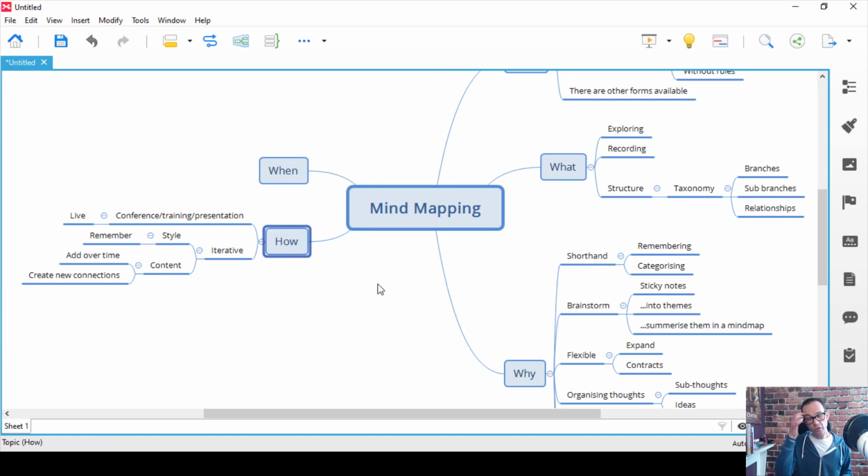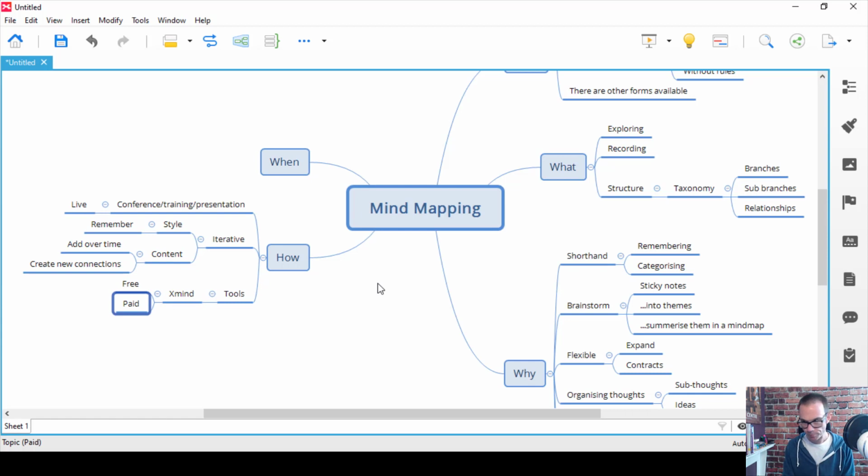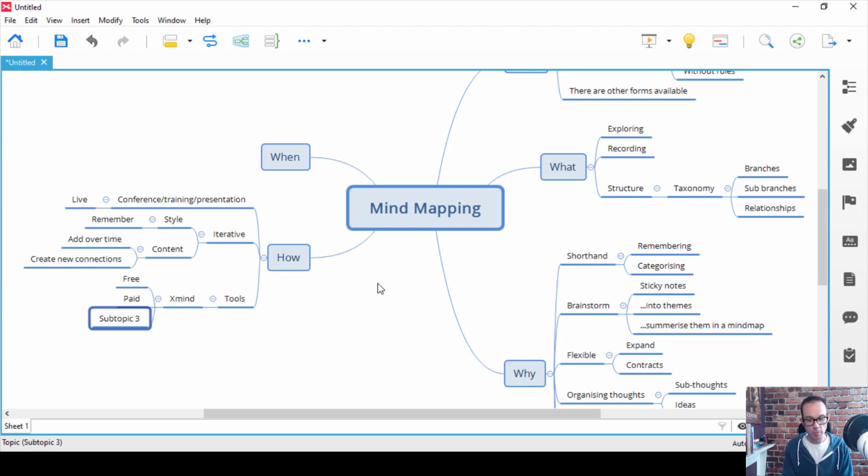So a question I'm often asked about mind mapping is tools. I've already mentioned I'm a fan of Xmind. There are various versions. I think there's still a free version around, but I'm not sure. There's a paid perpetual version. So the version you're seeing now is actually a slightly old version, but that's a perpetual license where you pay once and you get a license forever. But I also have a subscription for my tablet device, and that's great for taking notes at conferences and these sorts of things. So that's the tool I use.